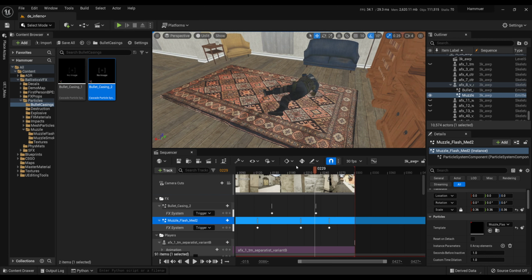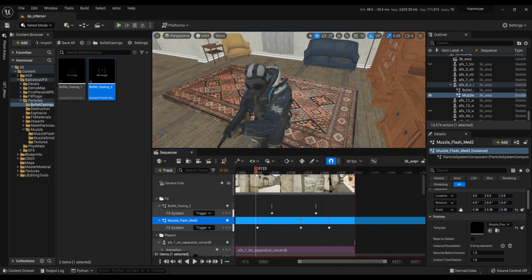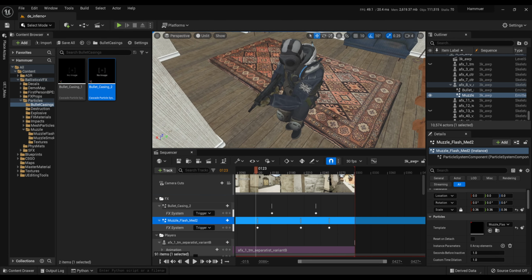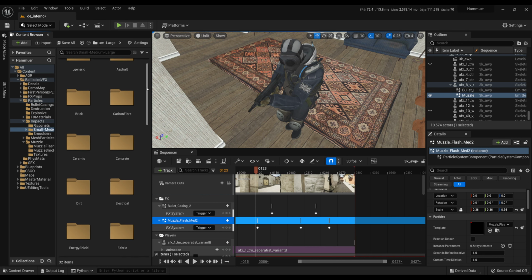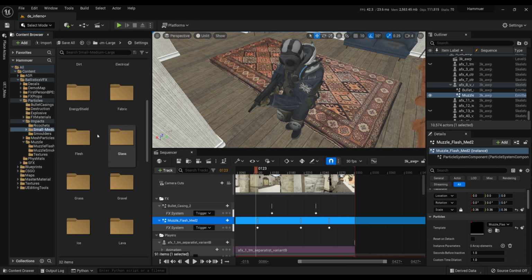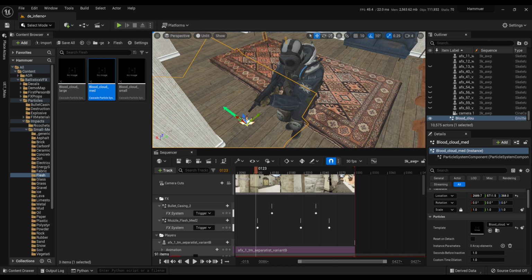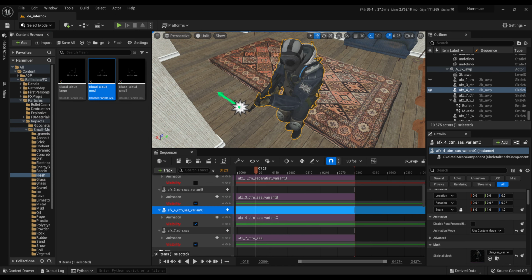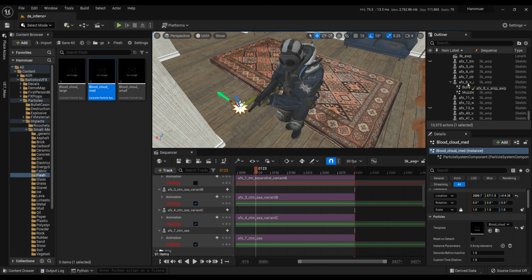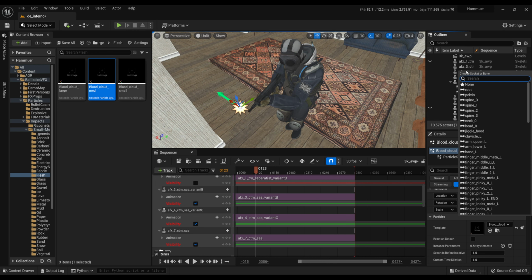Almost the same steps for the blood particles. For the blood particle, you can select head, neck or one of four spines.